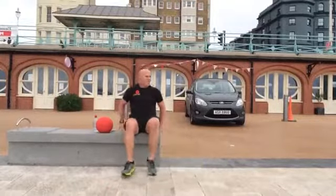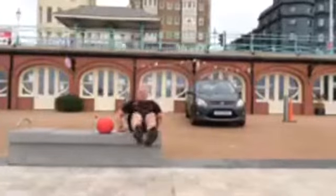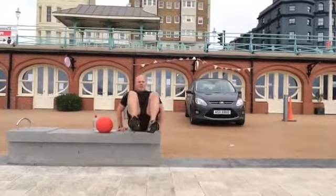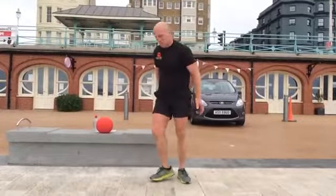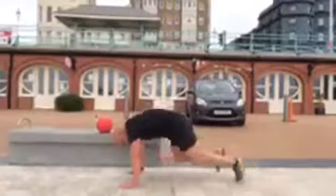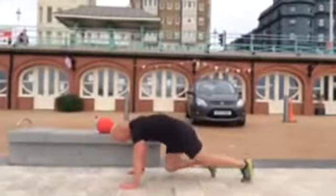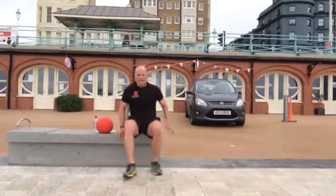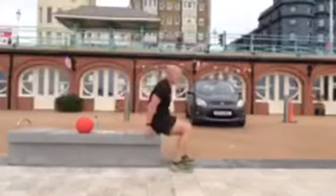So remember, on crunches, it's a much harder version. Seated crunches are harder because you're doing those super crunches. 2, 4, 6, 8, 10, 12. Here we go again. And when we do these big moves,